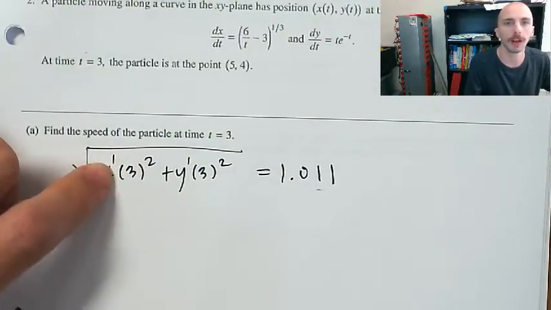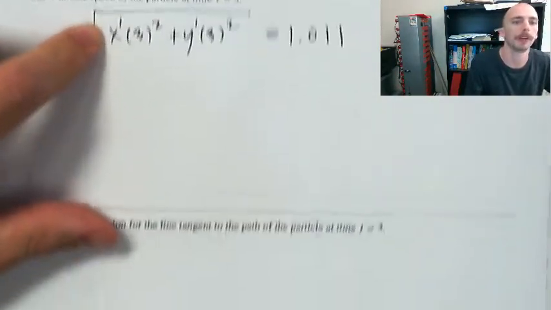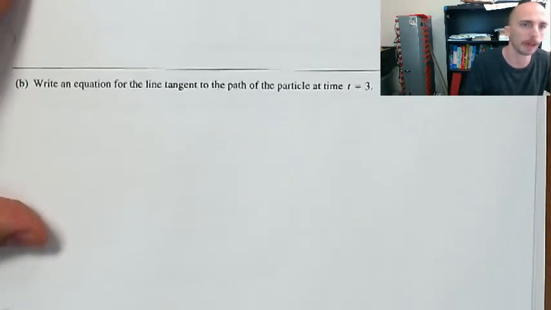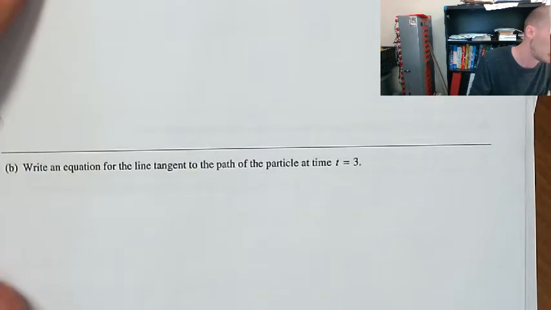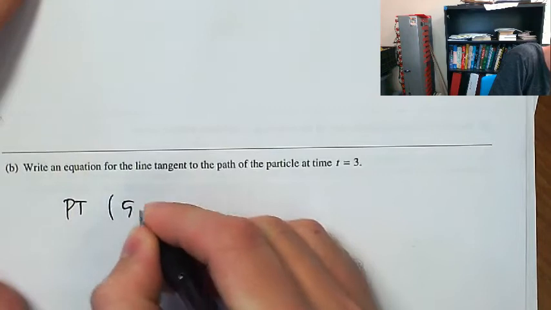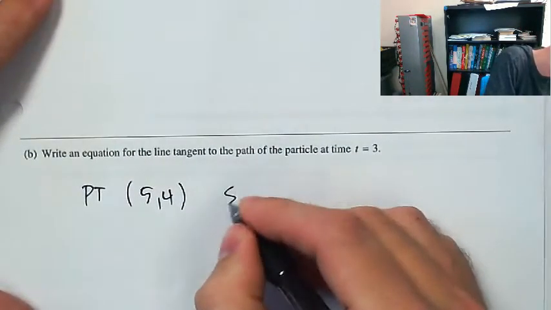Okay, that's justification enough. That's what I'm plugging into my calculator. It's very important that we tell the reader what we're plugging into the calculator. Write an equation for the line tangent to the path of the particle at t equals 3. All right, so I'm going to need a point. That's going to be (5, 4). It gave me that up here. And my slope